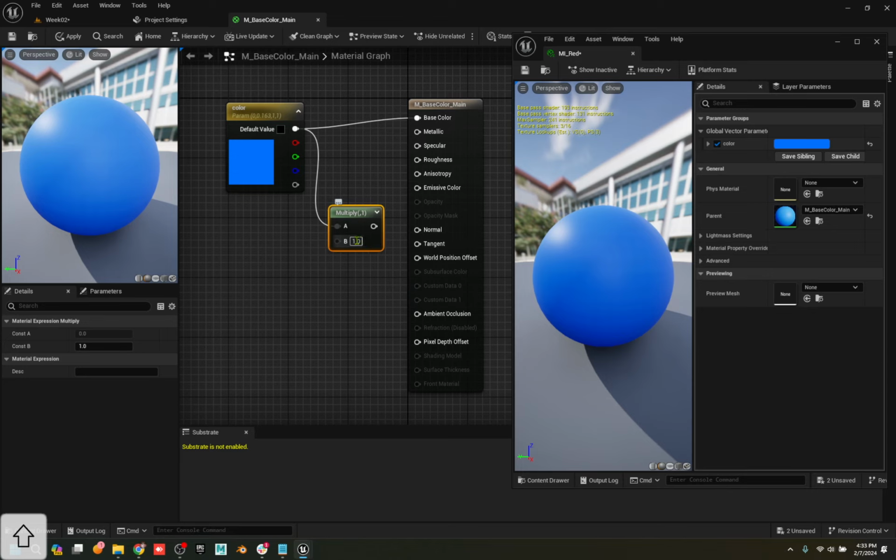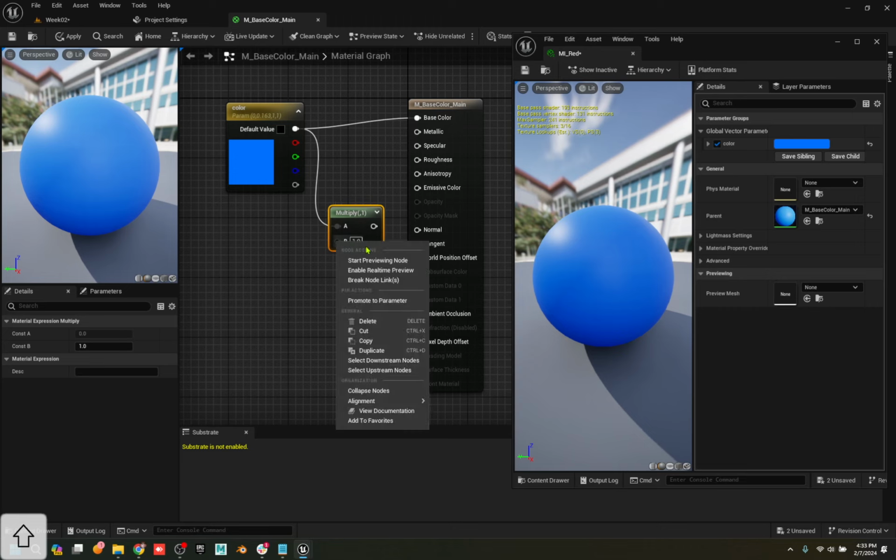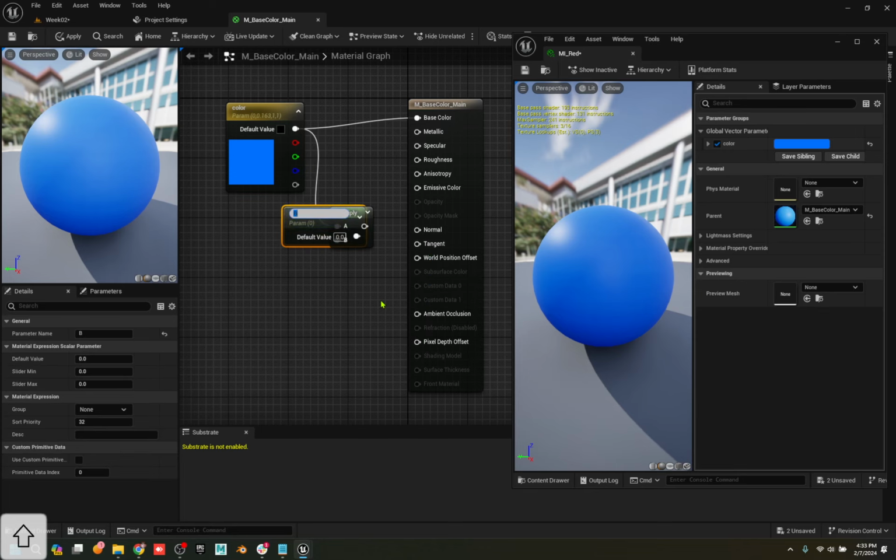This is not ready to be, I need to give a name to this so it can be driven in real time. So let's go ahead and promote to a parameter. The parameter is just called B by default because that's what it was called, but I can call this glow amount or something. I'll put this into glow. By default, if I save,